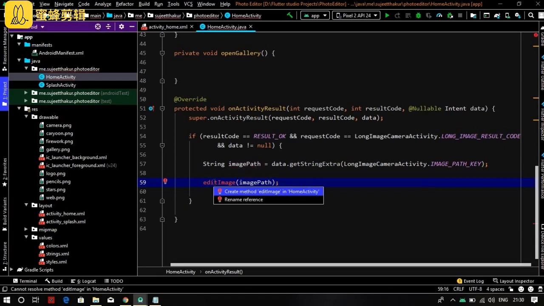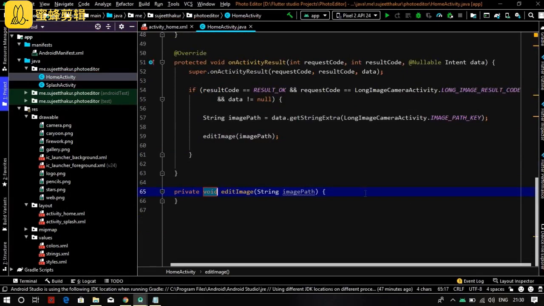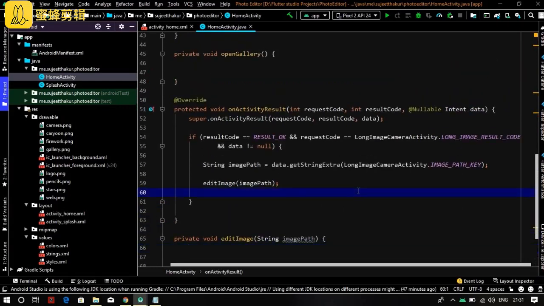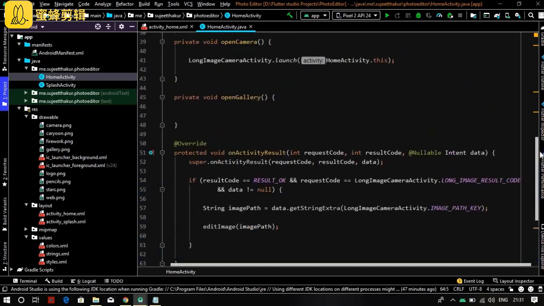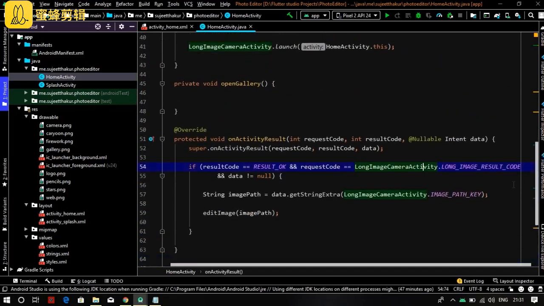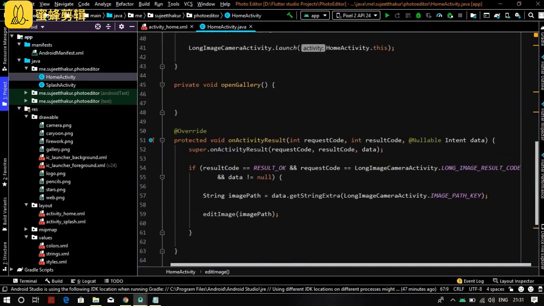Now let's create the edit image method here by typing alt and enter. So now guys, the open camera method is done.